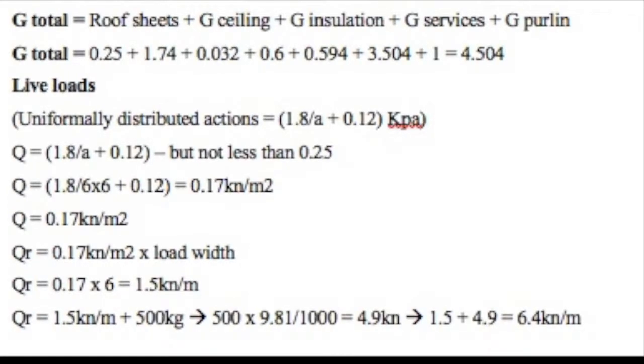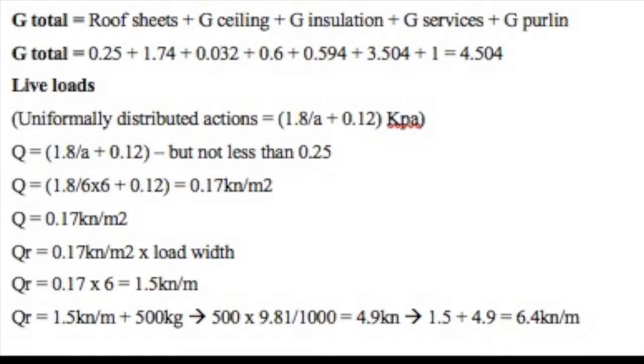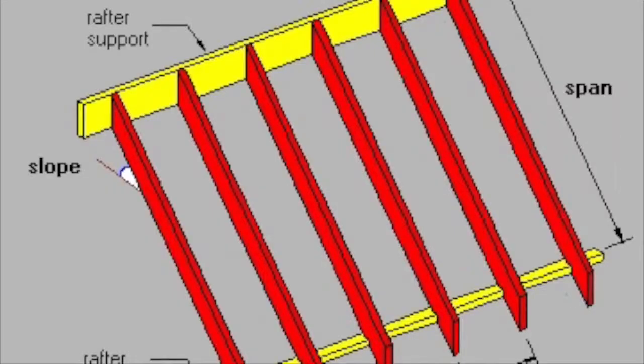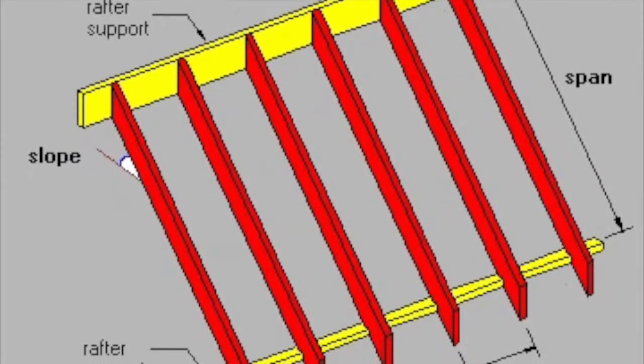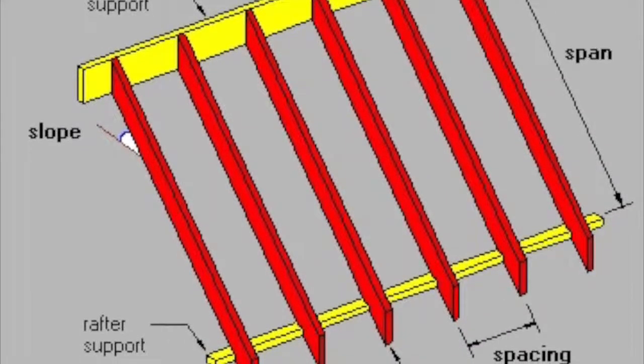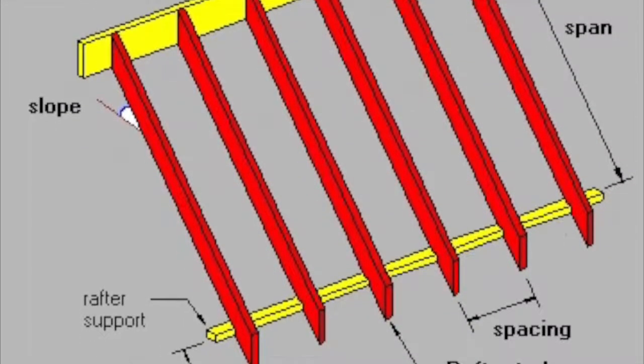However, as this was an intermediate beam, we had to add an extra 500 kilograms, 4.9 kilonewtons, as this member was to hold an engine hoist that was fixed to the midpoint of the rafter. The extra 4.9 kilonewtons, however, was not required to be added to the end rafters. Upon the completion of the wind loads and pressure forces calculations, it could then be determined what the combination of